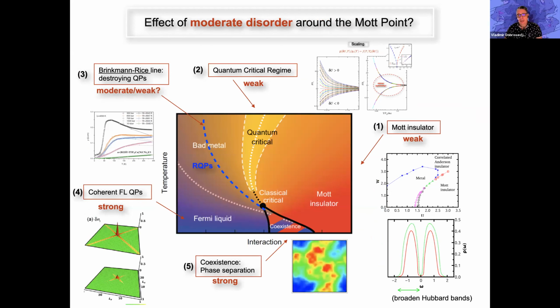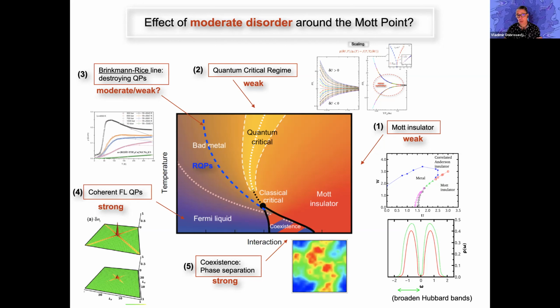So here is the chart of my talk, a big map of what I'm going to be discussing today. This is the phase diagram of the half-filled Mott transition. And there, as it turns out, there are various regimes in this phase diagram which differ a great deal in terms of how the electron moves, what is the mechanism of transport, and the entire electron dynamics is quite different.